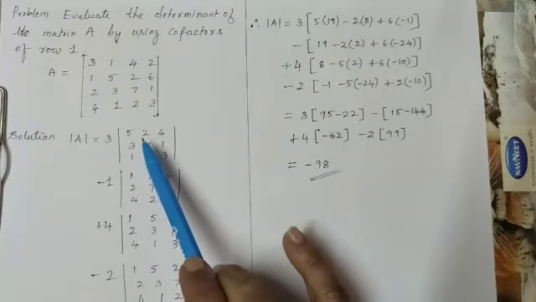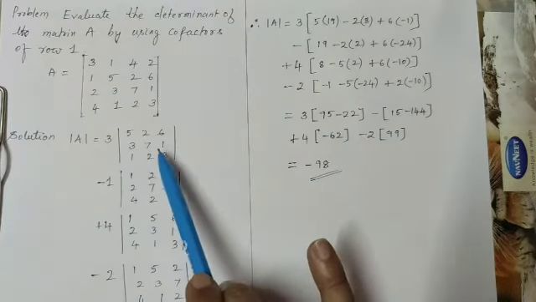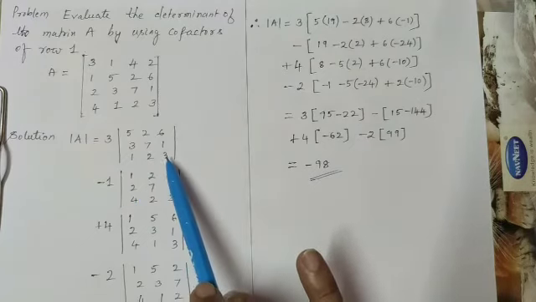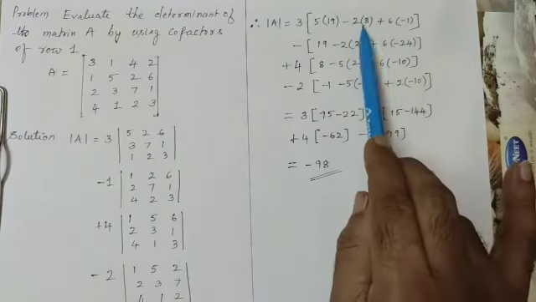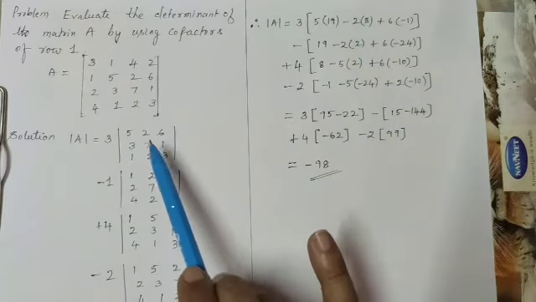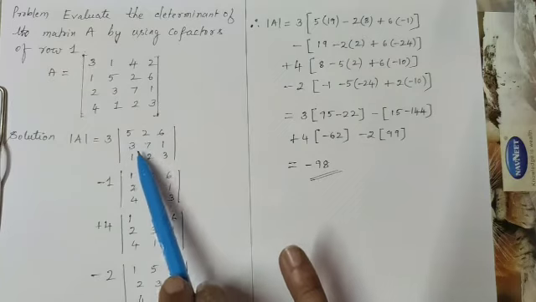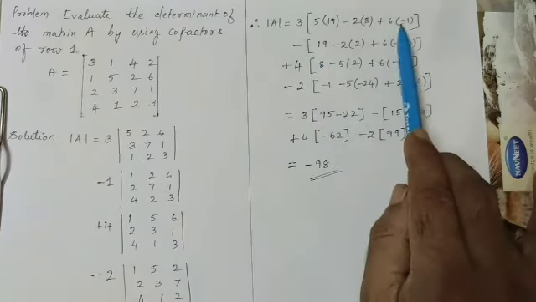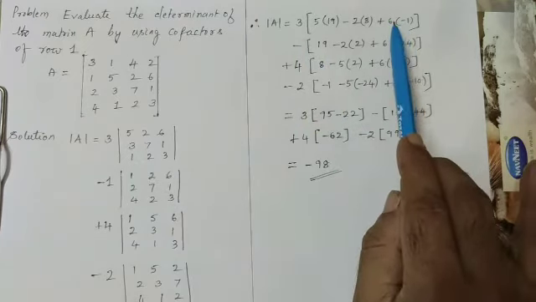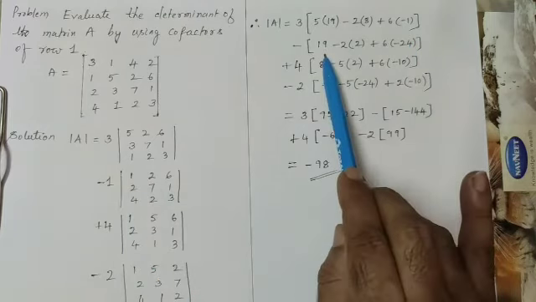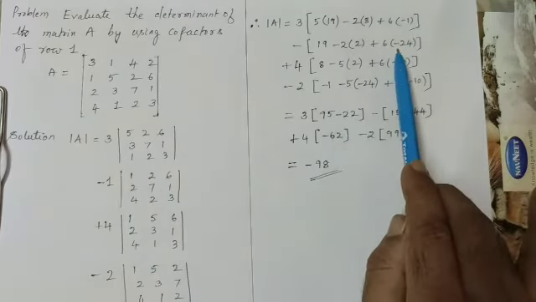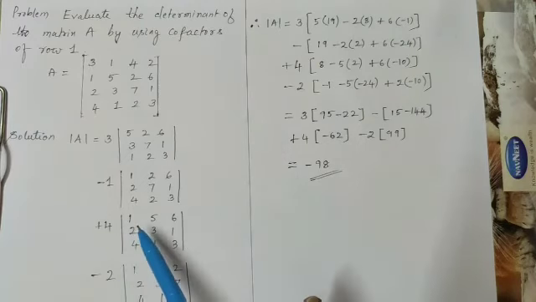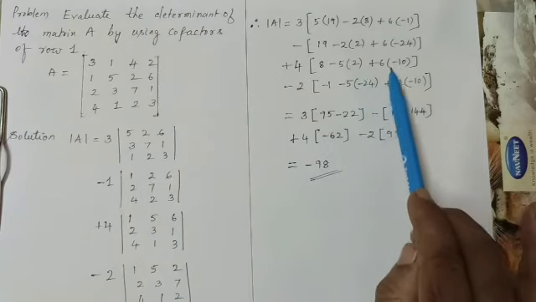Similarly minus 2, here also plus minus plus. So minus 2, remove this column and this row, find the determinant of 3 1 1 3. So 3 into 3 is 9 minus 1, that is 8. Similarly 6 times, remove this row and this column, the determinant of 3 7 1 2 is 2 threes are 6 minus 7, that is minus 1. So similarly we calculate the determinant of this matrix: 19 minus 2 into 2 plus 6 into minus 24. And plus 4 times the determinant of this matrix is 8 minus 5 into 2, that is 3 twos are 6 minus 4 twos plus 6 into minus 10.